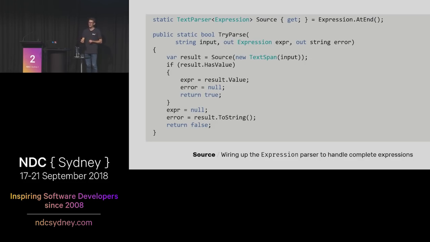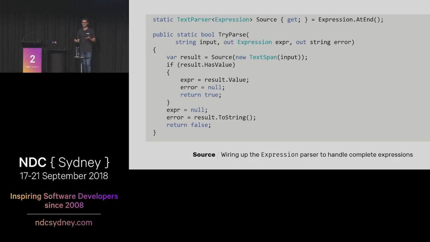Before we can run the parser that we have written for expressions, it's important to check that the string we're trying to parse is actually the complete input. You can see there's one little helper there called source, which takes the expression and uses a combinator called end just to assert that the parse has consumed everything.